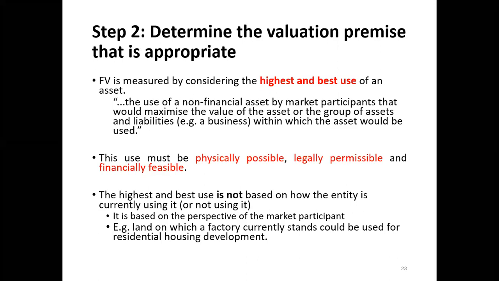When it comes to a particular asset, there can be several uses. The classic example that I take is land. If you take a particular plot of land, you can either use it for agriculture, or for industrial purpose, in the sense you can construct a factory and make some product there, or you can use it for residential purpose. You can build an apartment over there. So a particular asset can be used for different purposes.